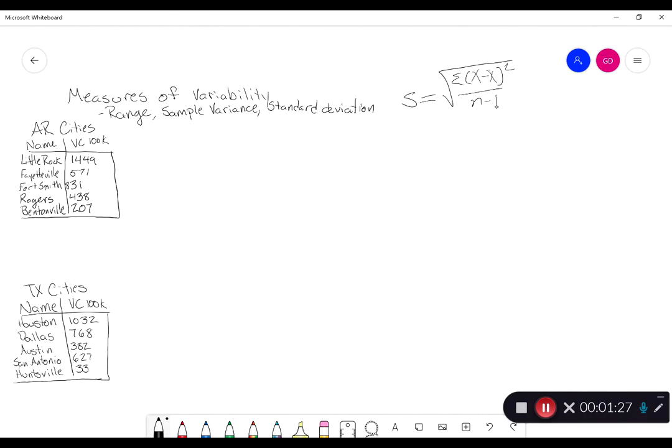So to start off, we'll just start with Arkansas. I'm going to draw a line down the middle just to separate the two, to make it a bit easier on myself. With the range, and I have a calculator on my desktop so you won't be able to see it, remember it's the high value minus the low. So for Little Rock, the high, 1449, minus the low, 207. So our range equals